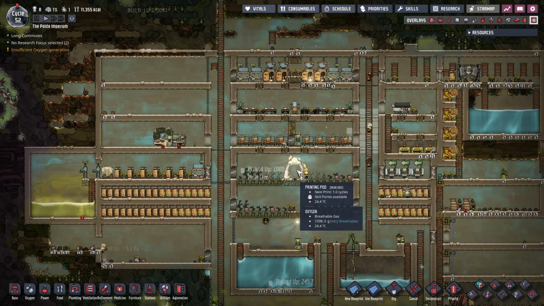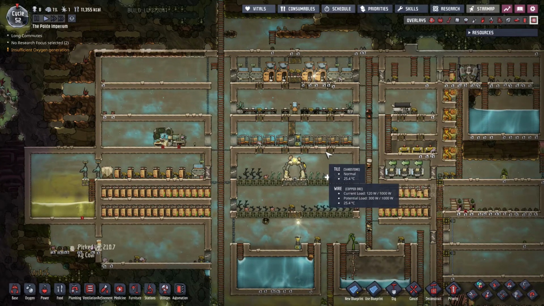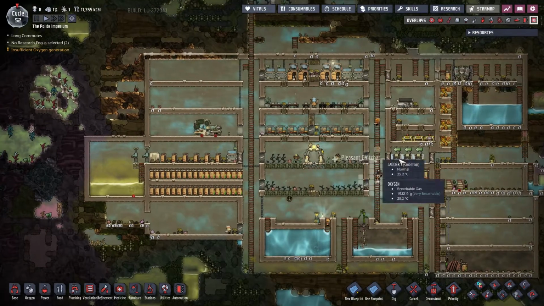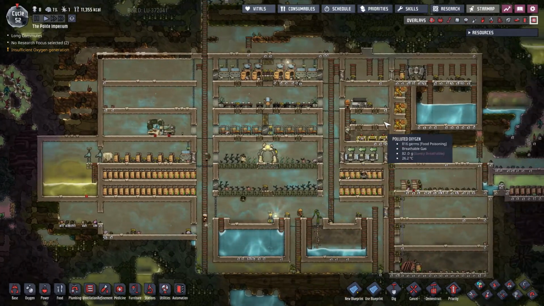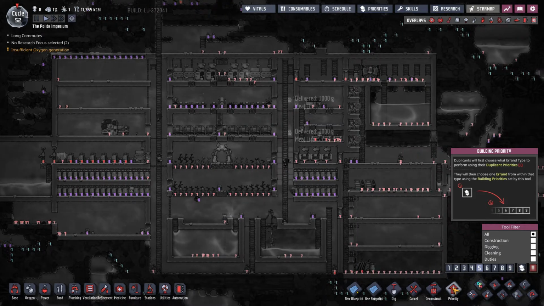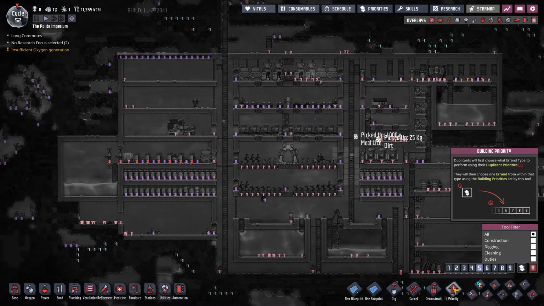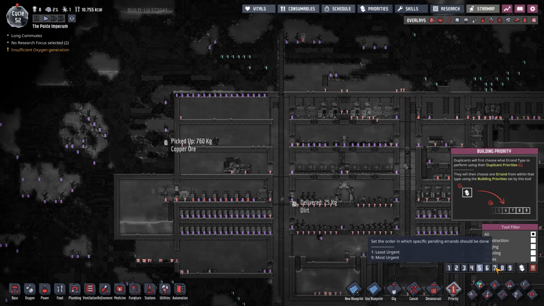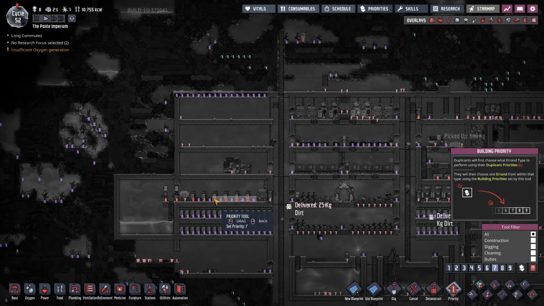So I let it run for a bit and we got most of the debris picked up all over the place. Not everything, some of it's still around. And I think that's okay. The priority on most of the sweeps are 7, so our dupes are going to concentrate quite a bit on doing that. One thing I noticed here is I want these